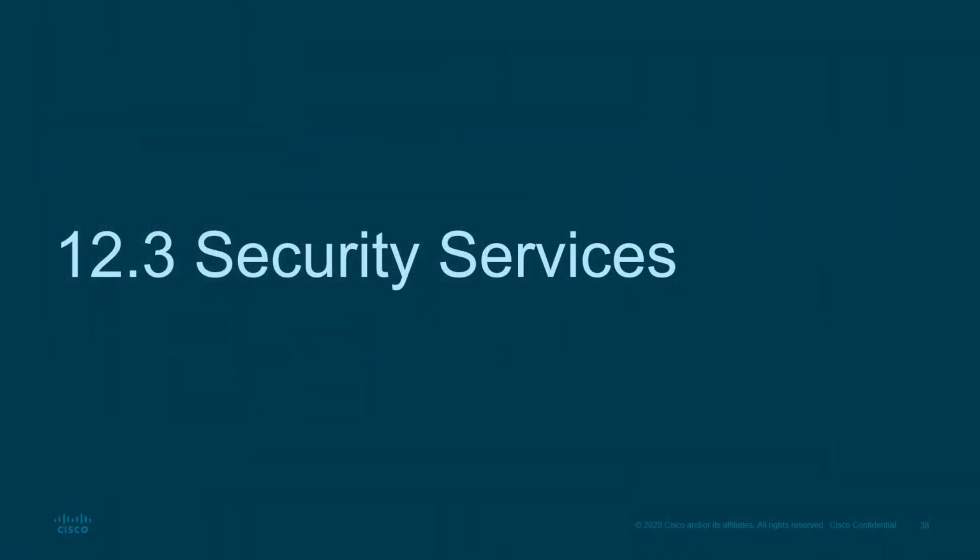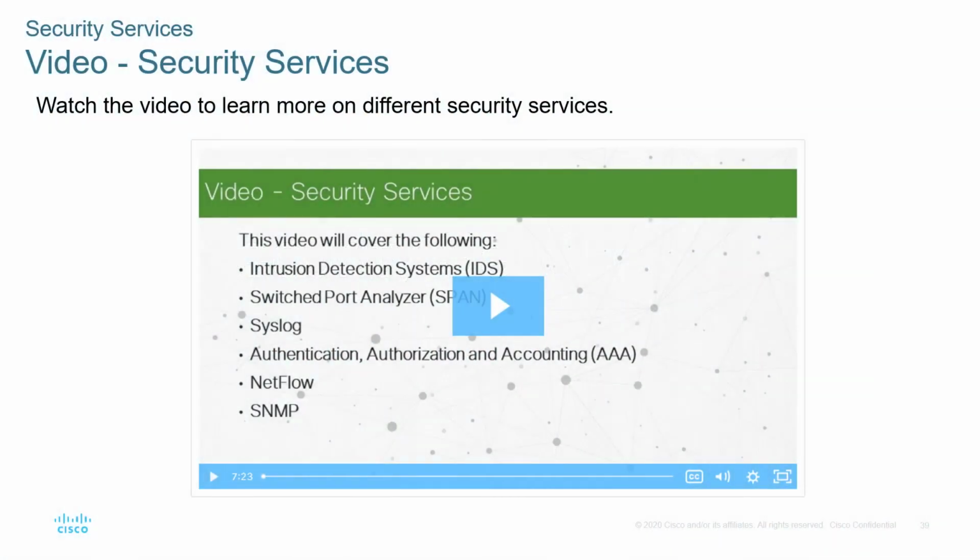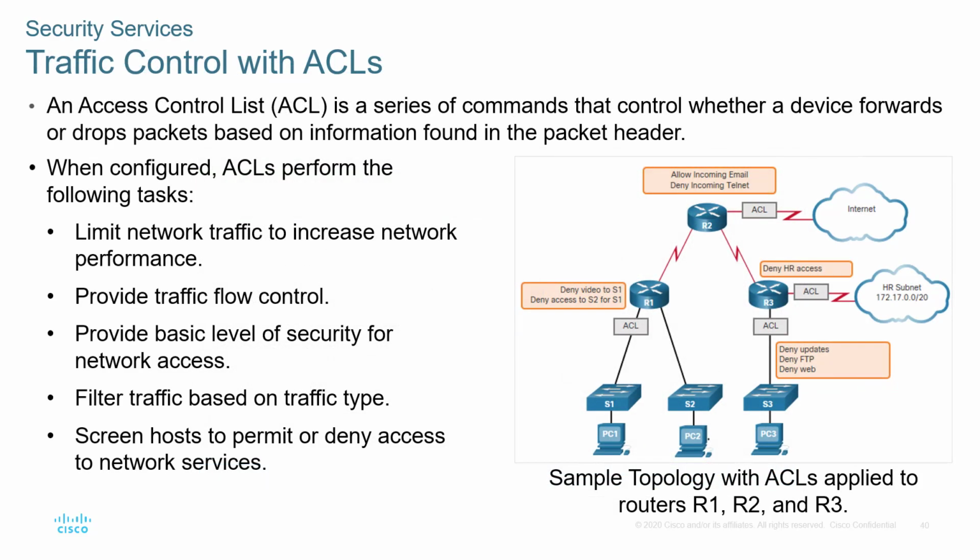So we've covered a lot of material, but we still have to talk about services. Services are key in the network. So when we say services, what do we mean? We're going to be talking things like the AAA service, authorization, authentication, accounting, SNMP. We're going to be talking about a SPAN, IDS. Those are services that are sitting on the network. We're also going to be talking about things like ACLs and